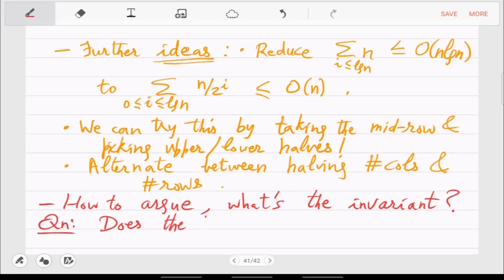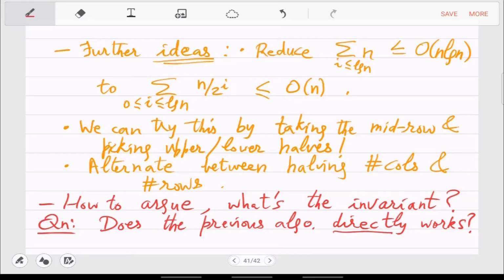So directly, meaning that now when you take the middle row, in the middle row you will find the min and again look at its neighbors up and down, and then decide by the minimum of these three whether to go to the upper half or the bottom half. So will that algorithm work?